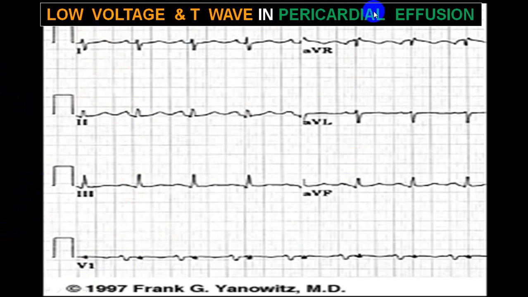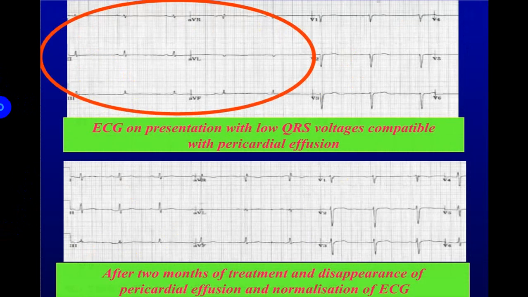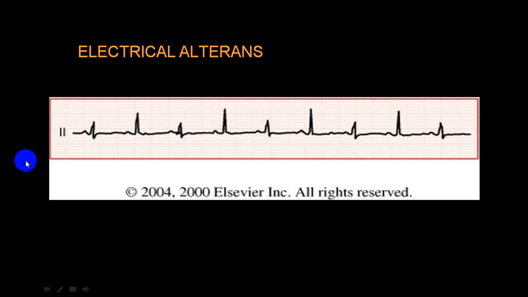So this was seen in a pericardial effusion. This is again a pericardial disease, pericardial effusion. You can see the voltage is markedly low, and even in the chest leads, they are less than 10 small squares. But here, this is of a good voltage. Now you can see here, after fluid has been removed, the amplitude increases, the R wave voltage increases. You can see there is an increase in R wave voltages. This is in the case of pericardial disorders.